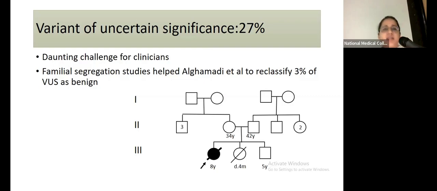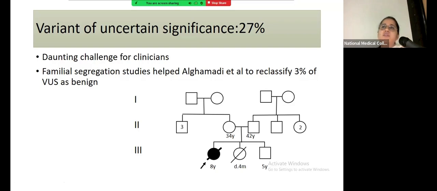In one particular study, there is a familial segregation study. In familial segregation studies, what we do is that the variants found in the parents, we sequence those variants in the alive members of the families. If any of the VUS is found in a homozygous condition, that is, both the variants are found in any of the healthy asymptomatic individuals, we classify them as benign. But again, this has its own limitations. Many times family members may not be present, they may not be willing to give samples, or the VUS may be heterozygous in them. So such studies have helped one particular author to classify 3% of these variants of uncertain significance as benign.